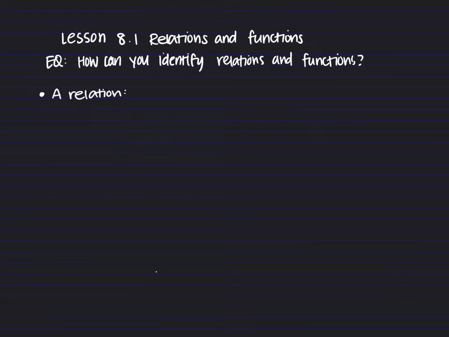First, we'll have to identify these vocab words for this lesson. Usually, even though we're using the same vocabulary or same word for math and English, oftentimes the definition for these words are going to be different. A relation, if you think about it in just English terms, it's going to be a relationship or how they relate to each other. Math is going to have a similar definition, but it's going to be a specific set of ordered pairs. And when we say ordered pairs, we're going to talk about x and y values from a